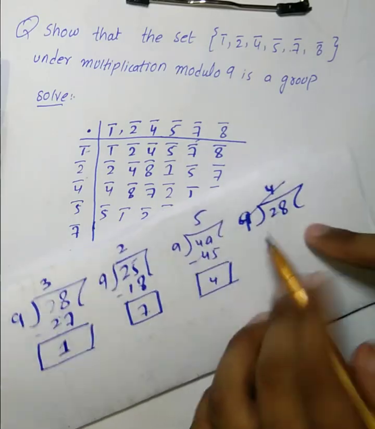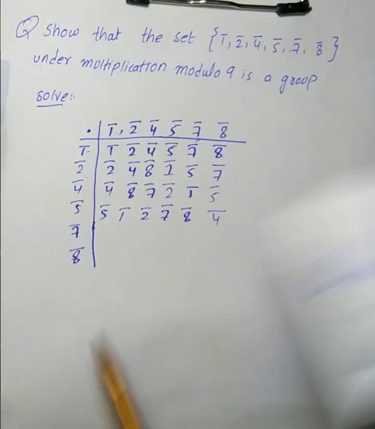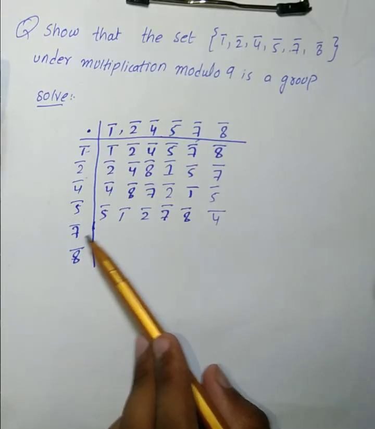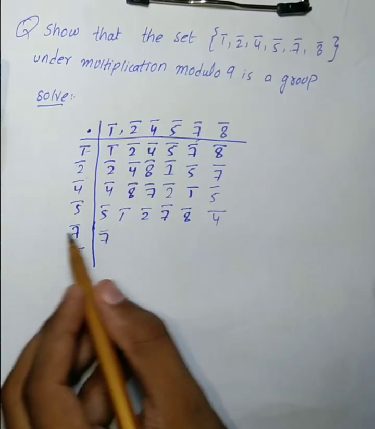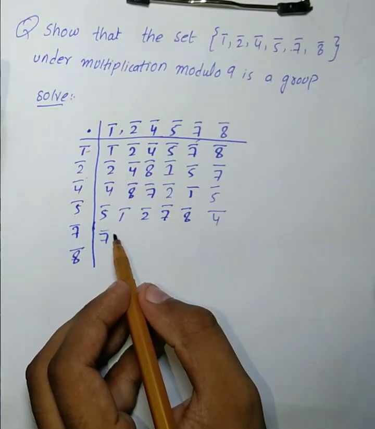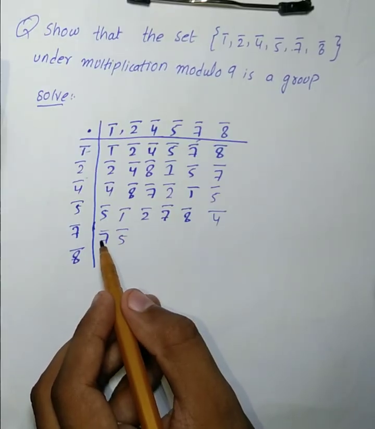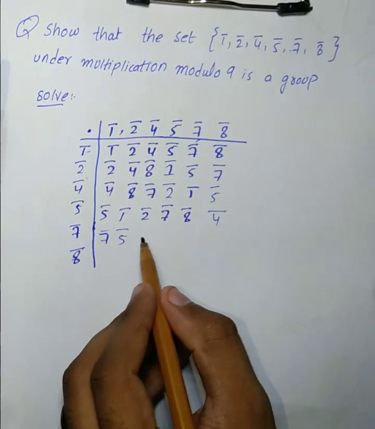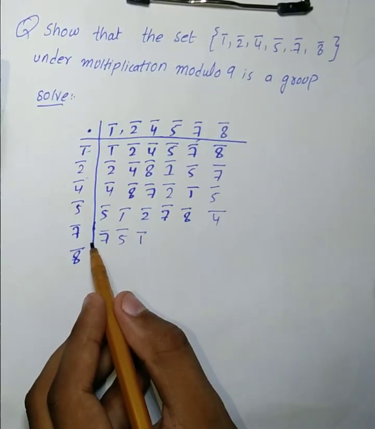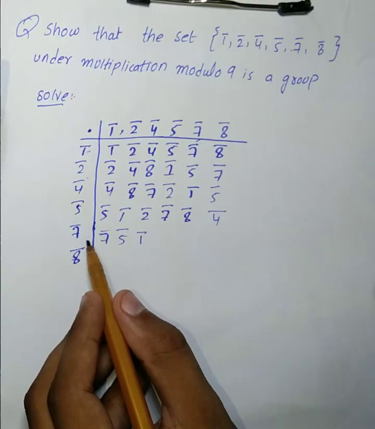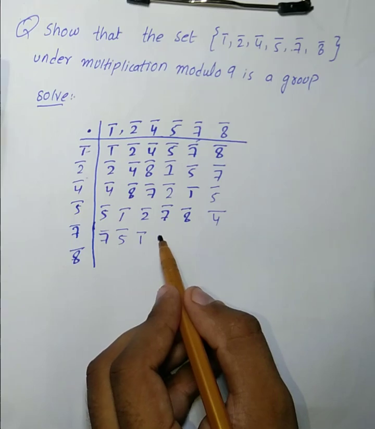So this satisfies 40 is greater than 9, and the remainder answer is 4. Same as the 7 and 8. So 7 ones are 7, 7 twos are 14, and the remainder is 5, and 7 fours are 28, and the remainder is 1, and 7 fives are 35, and the remainder is 8,